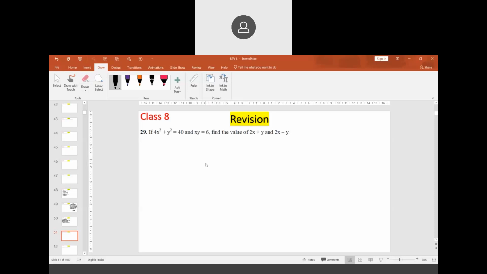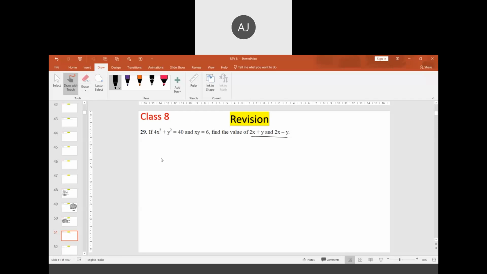How do we find? Here we have 4x square, a minus b and a plus b. But we are not asked to find the product. We can change y square to minus y square, but the value will not be the same. Here we can change 2ab to minus 2ab, and plus 2ab is there. Here we can simply remove plus and put minus in the first equation.